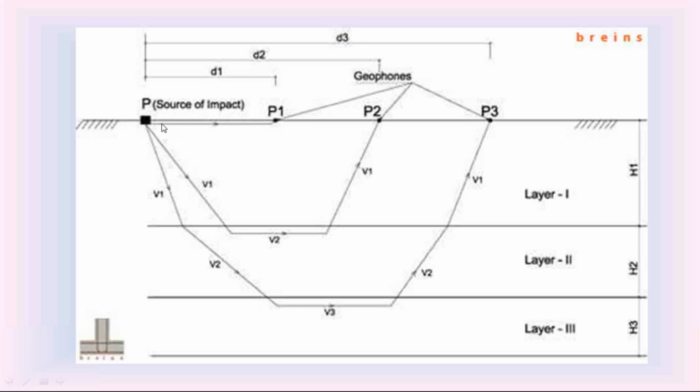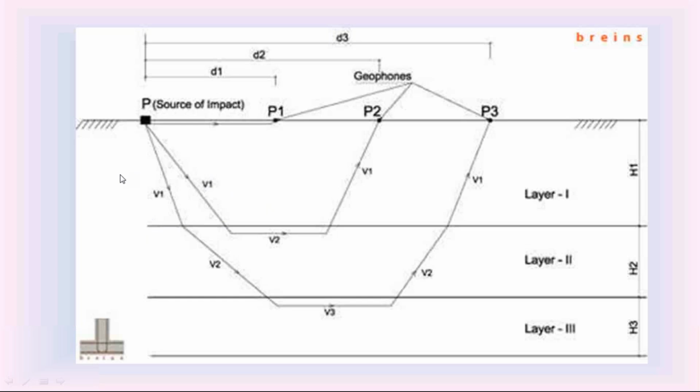Then at the ground level, please everyone check this shock wave. This shock wave is traveling only in the first soil layer, whereas this shock wave is traveling in the first layer and also the second layer. This another shock wave is traveling in the first, second, and third soil layers. But this shock wave is traveling only in the first soil layer, not in the remaining soil layers. Then observe these remaining shock waves.